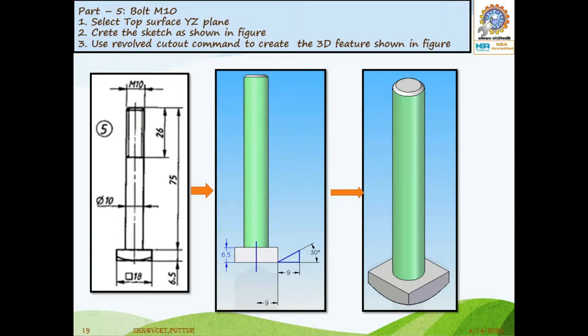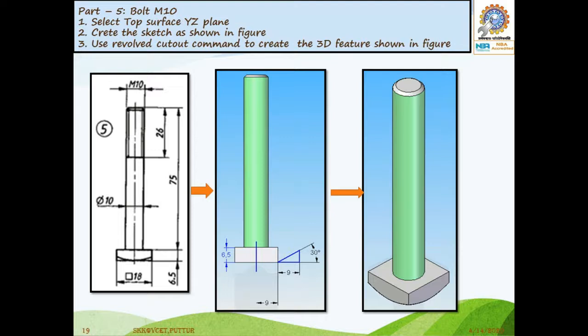First you have to select the top XYZ plane. In that plane, first you have to draw a square of 18 mm, exactly on the intersection of the two planes, the exact center point. In that plane you have to draw the 18 mm square. Then you have to click return.